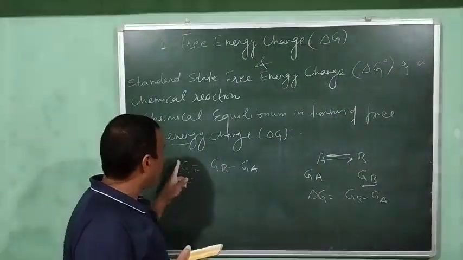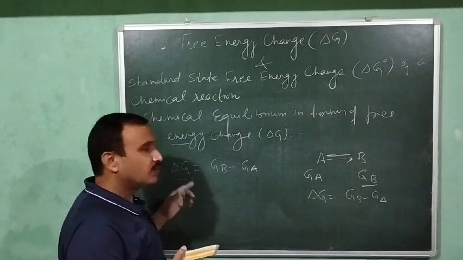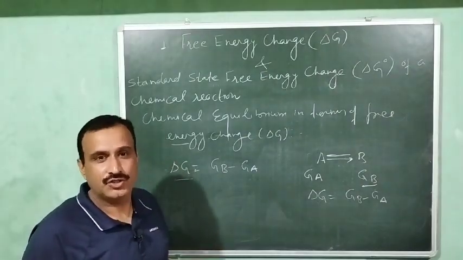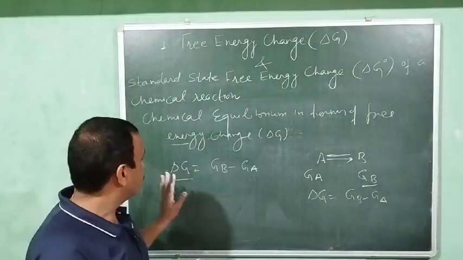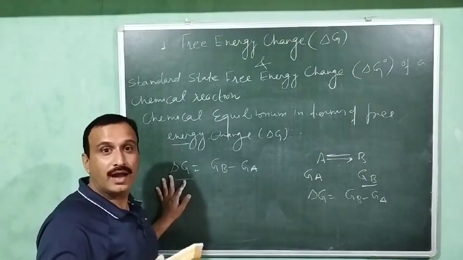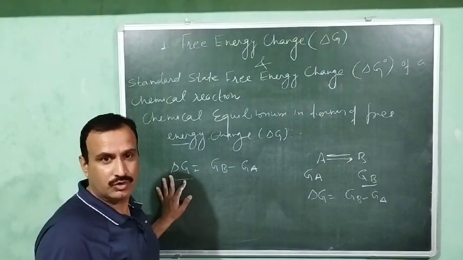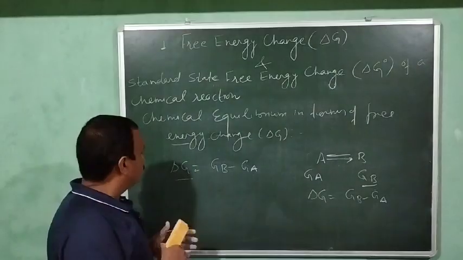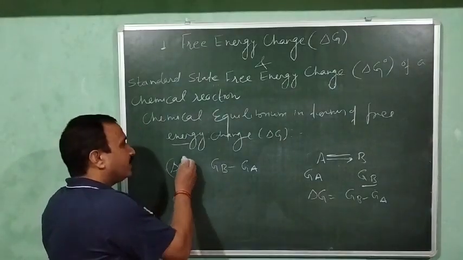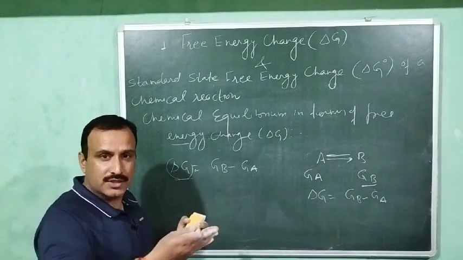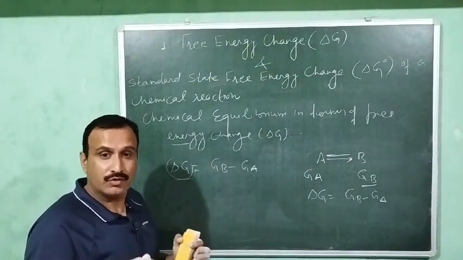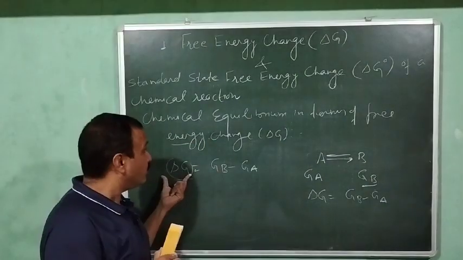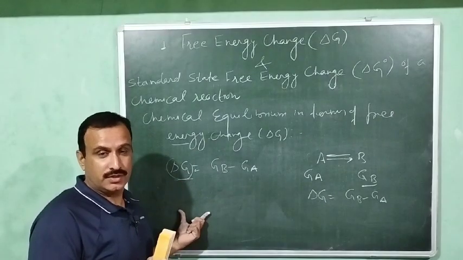This means that this delta G, the value of delta G, will also change during the course of the reaction. Delta G की अलग अलग value आएगी at the different stages of the chemical reaction or after the different time intervals. होगा ना ऐसा. तो जो डेल्टा जी है उसकी वैल्यू भी चेंज होती रहेगी जब जब रिएक्शन आएगा. लेकिन यहाँ पे आई वॉन्ट टू मैंशन हेयर दैट इट इज़ द वैल्यू ऑफ डेल्टा जी विच विल चेंज